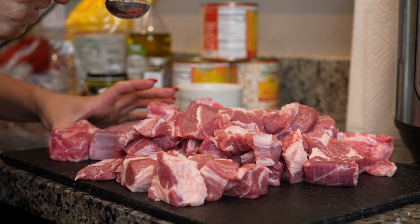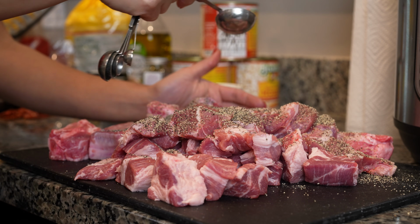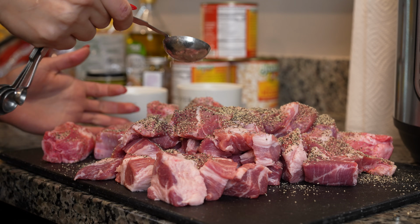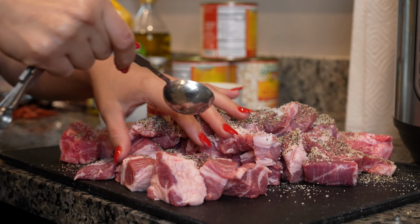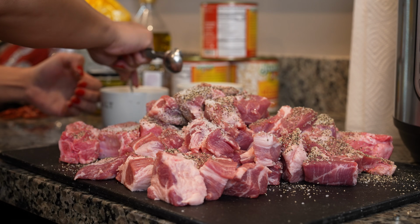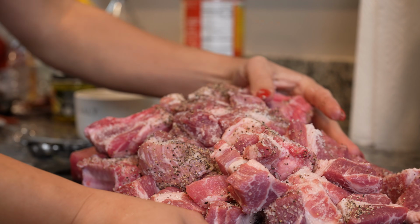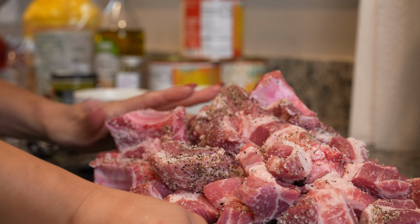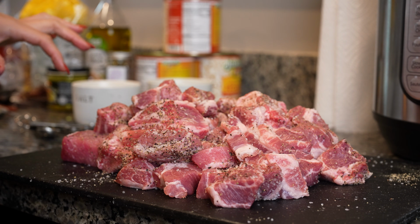Alright, so now we're going to season our meat with black pepper. And I'm using about 1 tablespoon. And salt. And the salt I'm going to use about 3 tablespoons. And just make sure you mix it. Okay, so now just make sure that your meat is all nice and salted. Okay, so once we have our meat all nice and coated with our salt and pepper,